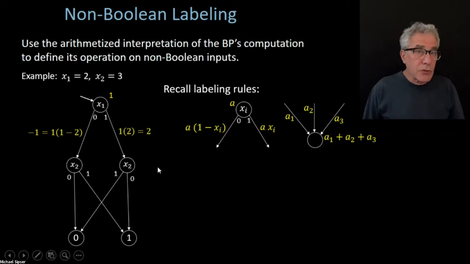Now we're going to label these two nodes using the other rule. So this gets a 2 because that's a sum of the incoming edges. This gets a minus 1 because that's a sum of its incoming edges. And now we're going to look at